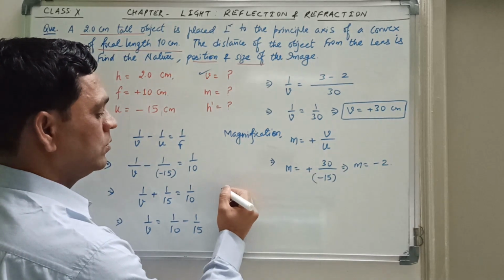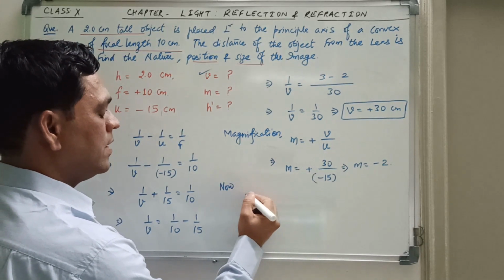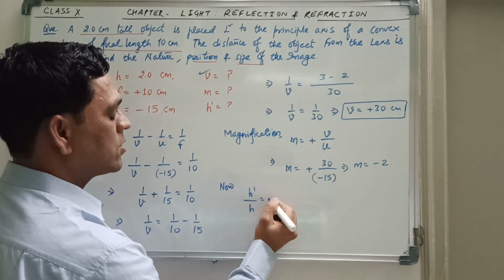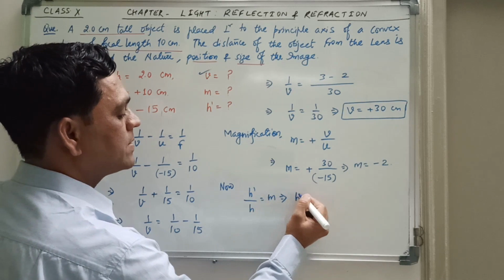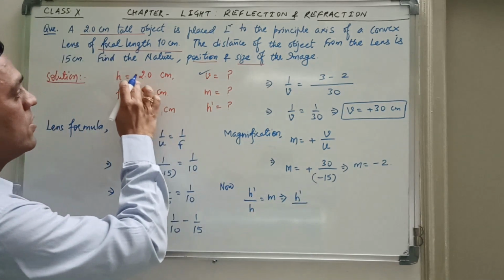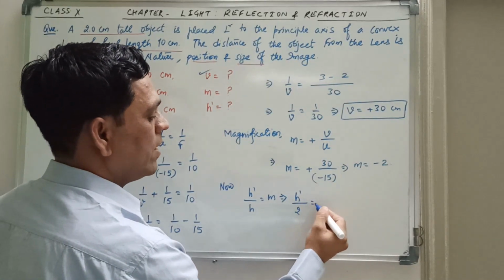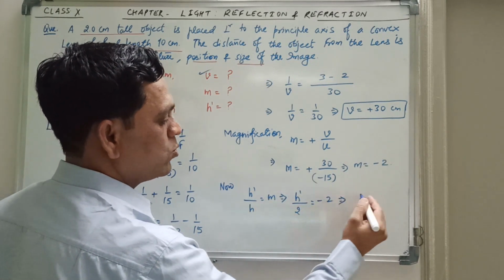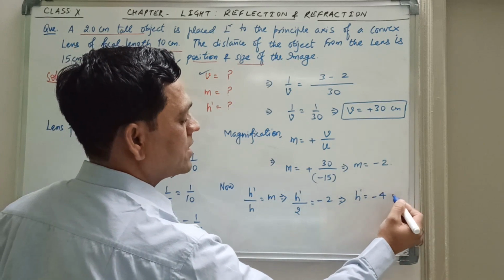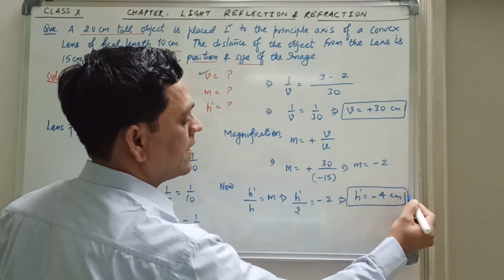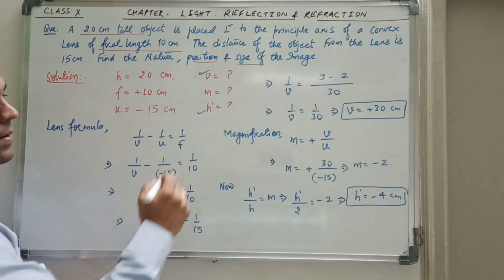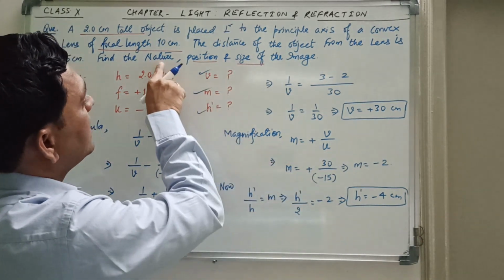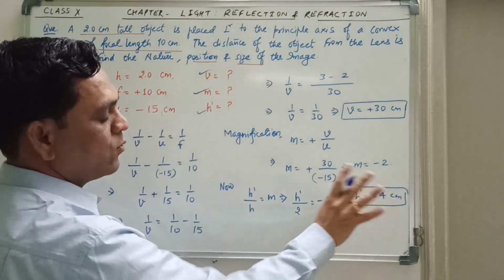Then we know also we have m is equal to h dash upon h, so this becomes h dash upon h. What is h given to you? 2. And what is m you have calculated? Minus 2. So when we put minus 2 in place of m, 2 twos are 4, so h dash is equal to minus 4. So that is height has also been calculated, magnification is also calculated. Okay, now we say what is the nature, position and size of the image; the size is 4 centimeter.